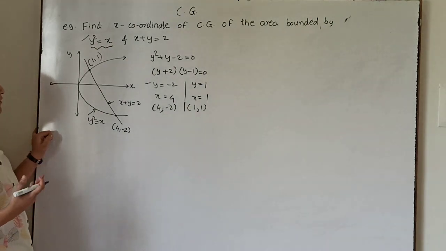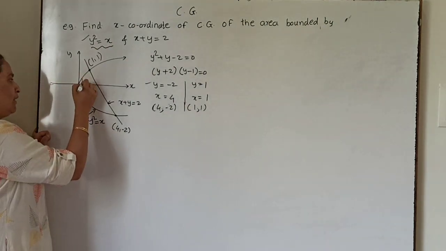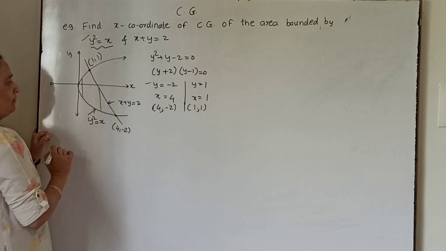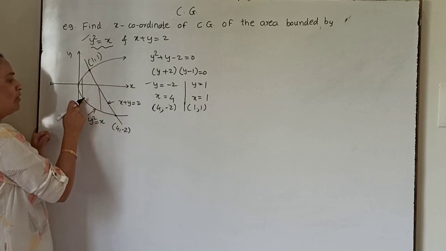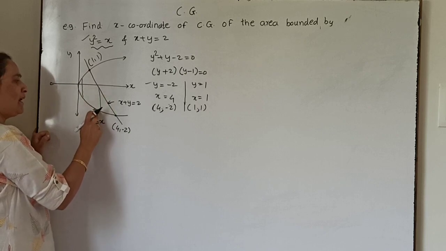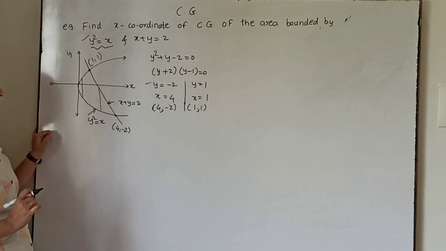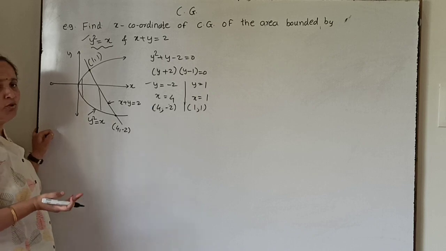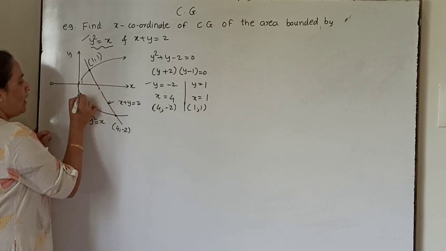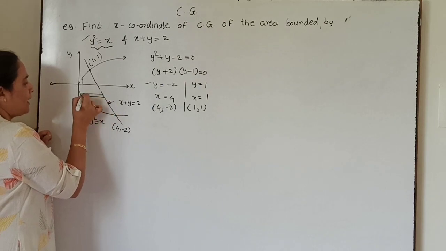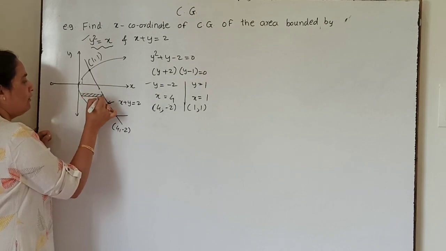Now in this case, if I consider the vertical strip, the limits of integration are changing. Here in this region, both the ends are on this parabola. Here one end is on the parabola, another end is on the line. So you have to divide this region into two parts. Instead of this, if I consider the horizontal strip, the left end will be always on the parabola and the right end will be always on the line.